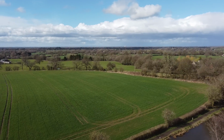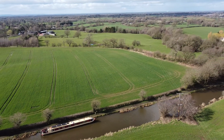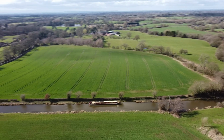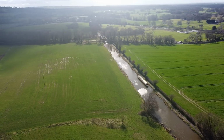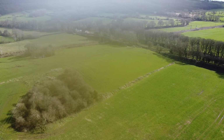So sorry about the shoddy drone footage, guys. But I was flying the drone in really high winds, probably about 20-mile-an-hour gusts, which is quite a lot for a drone that weighs 250 grams, and is probably the maximum I can fly it in, because sometimes the wind is so strong that I can't even fight against it and return the drone back to me. But luckily I managed to get a bit of drone footage, and I wanted to go all the way up